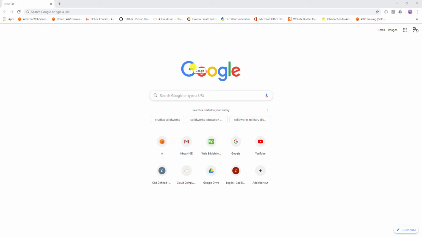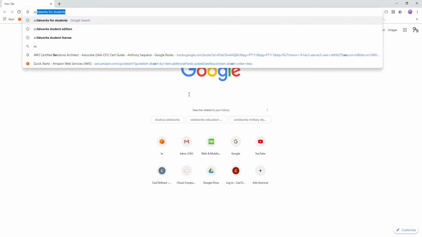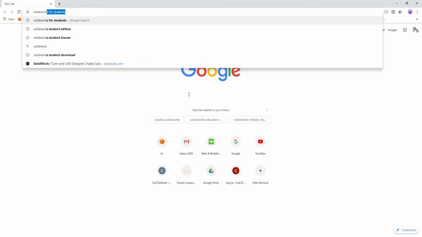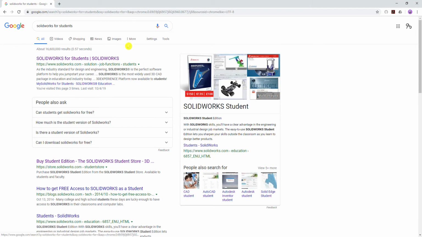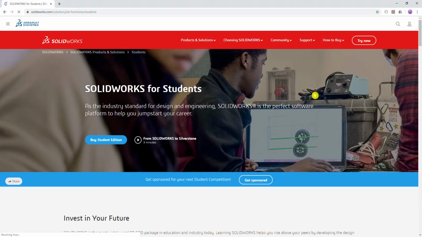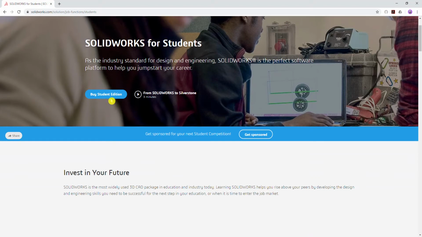In this lecture, I'll be showing you how to download SolidWorks. So open a web browser and go to Google and search for SolidWorks for Students. So in the search bar, I'm going to search for SolidWorks for Students. So you should see this SolidWorks for Student link and click on that, and it will bring you to this page, and you should see this blue